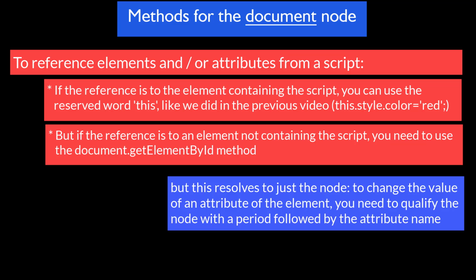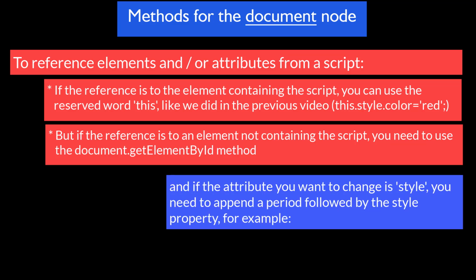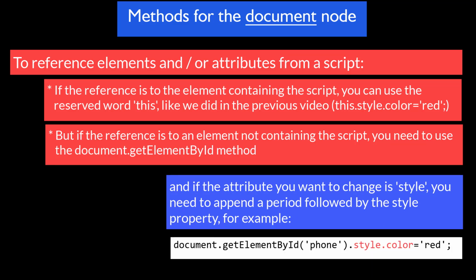To change the value of an attribute of the element, you need to qualify the node with a period followed by the attribute name. For example, document.getElementById("conf_a").src equals "conf_a.jpg". And if the attribute you want to change is style, you need to append a period followed by the style property. For example,